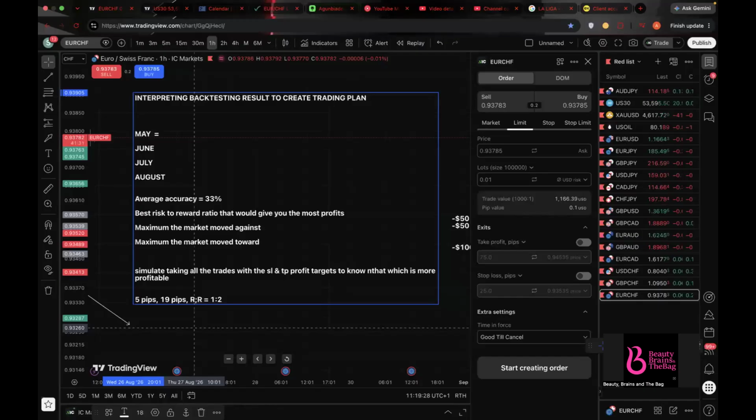But then I was looking at this thing. Yes, because the risk to reward ratio is 1 to 2.6, the profit at the end of the month for some months is not actually that much. Let me open my backtesting book so I can read it from it. So if I'm using that model, that trading plan,